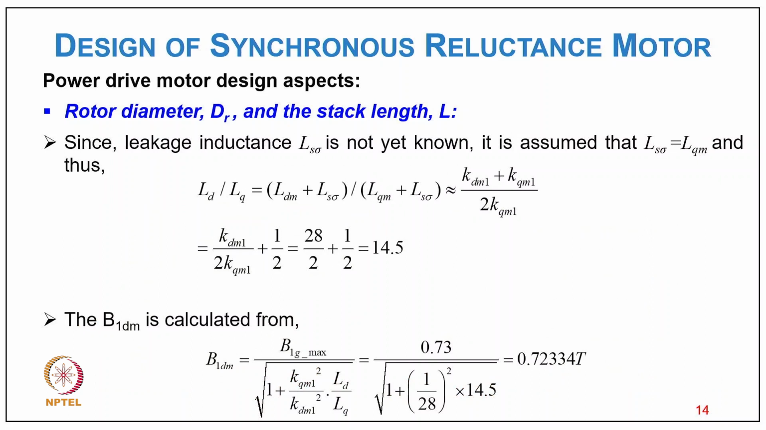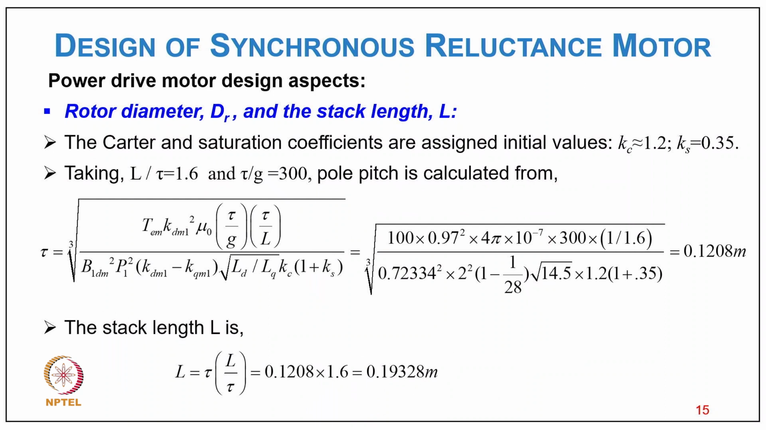Now, since the leakage inductance L sigma is not known, it is assumed that L sigma equals LQM, and thus LD upon LQ equals (LDM plus L sigma) divided by (LQM plus L sigma), which is (KDM plus 1) divided by (KQM plus 1). Dividing by 2: KQM1 equals KDM1 upon 2 KQM1 plus half, that is putting value 28 by 2 plus 1 by 2, that is 14.5. And B1 DM is calculated from B1 DM equals 1 BGM1 maximum under root 1 plus KQM square upon KDM square into LD upon LQ, or putting a value it comes